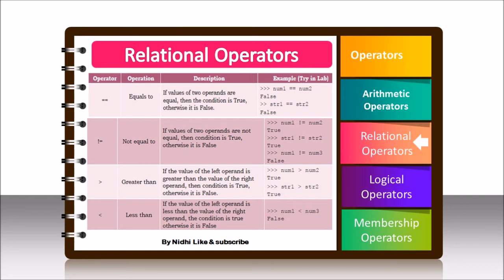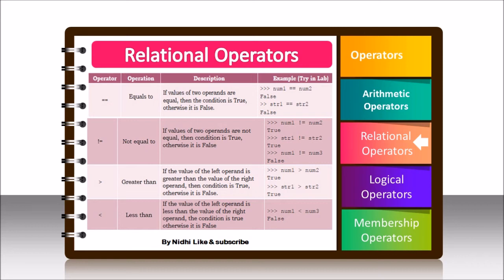So see here, if we have num1 and num2, and num1 has value 4 and num2 has value 5, it will give you a false result because 4 and 5 are not equal. But if num1 is 2 and num2 is 2, and then you check equality, num1 == num2, you will get a true result because both have the same value. So you can say if the values of two operands are equal, then the condition is true, otherwise it is false. Here the values num1 and num2 are taken from the previous arithmetic operators. You can apply it like that.